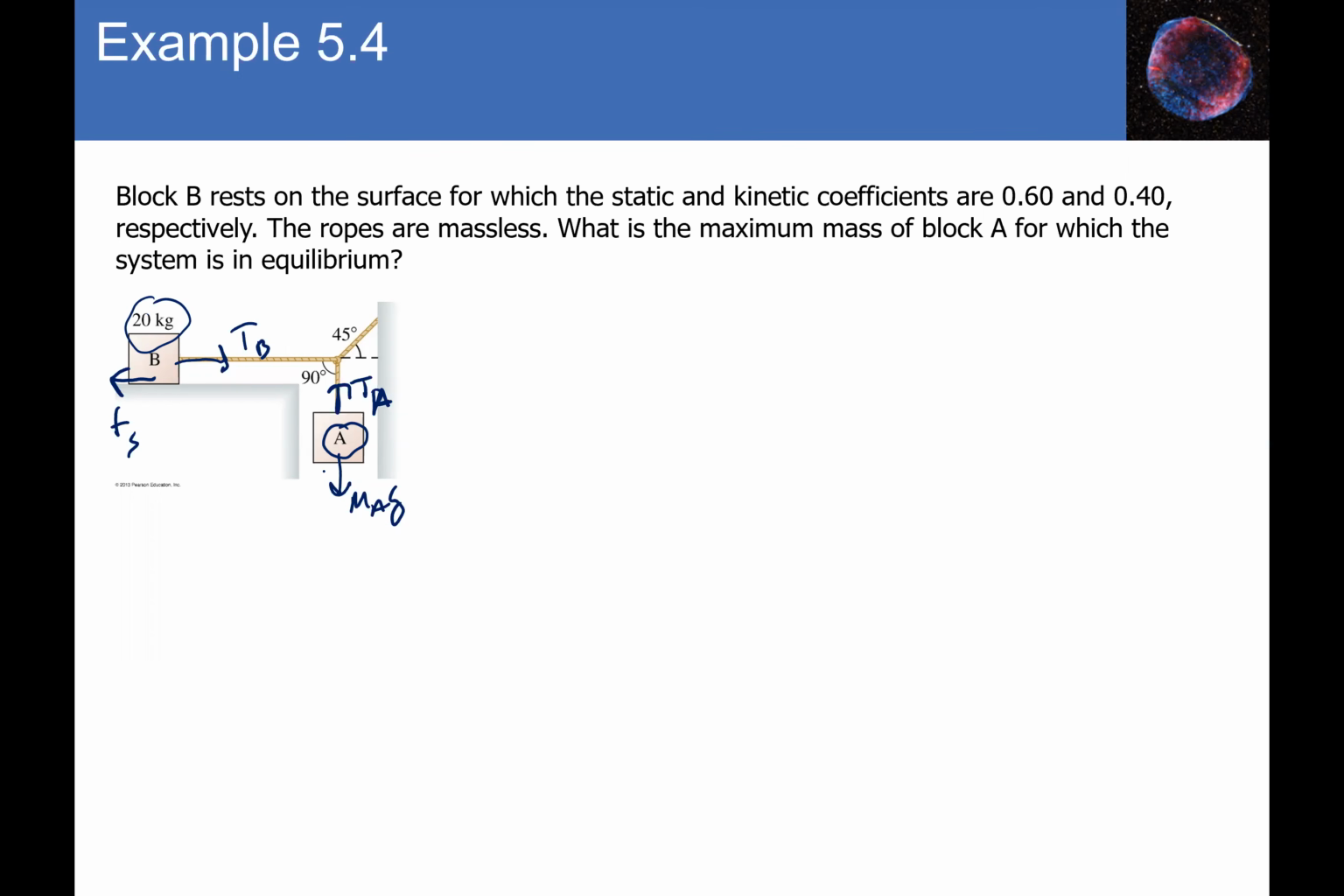Because if A is too heavy, then it can actually overcome the static frictional force. Because remember, if MA is pulling down very hard, then the rope will stretch a little bit and apply more tension, then this TB will increase, and then it can maybe overcome the static frictional force. Okay. Now, again, the best way to approach this is to take this problem